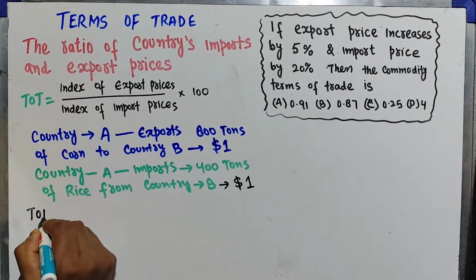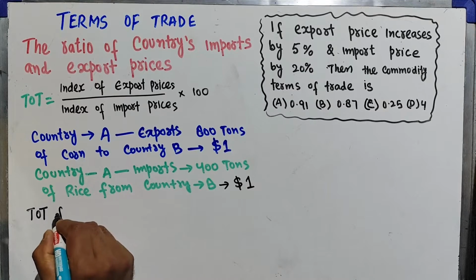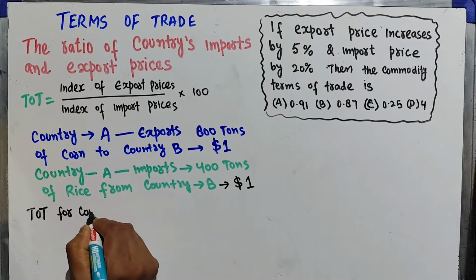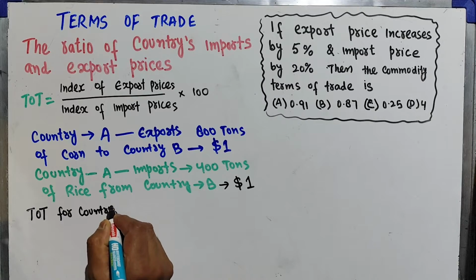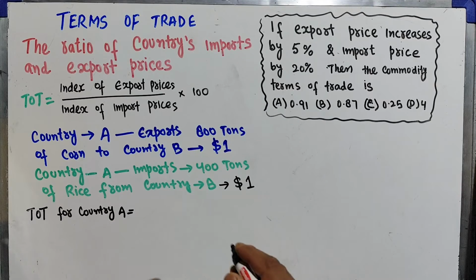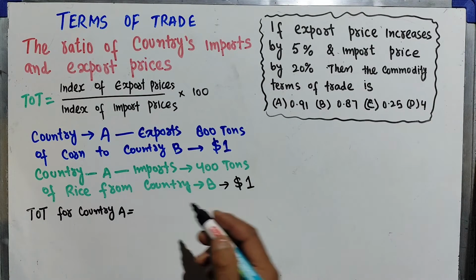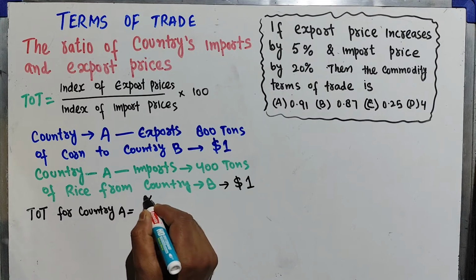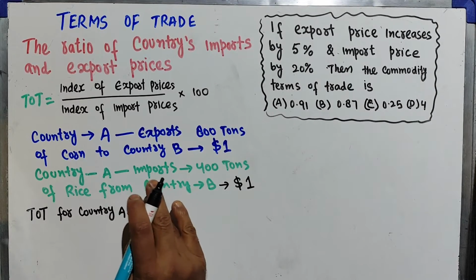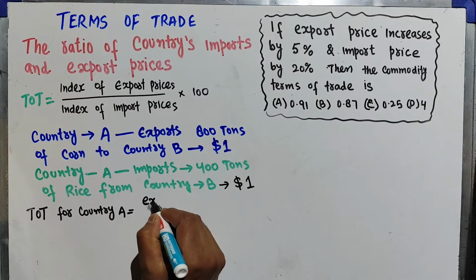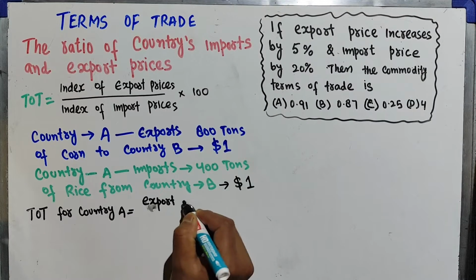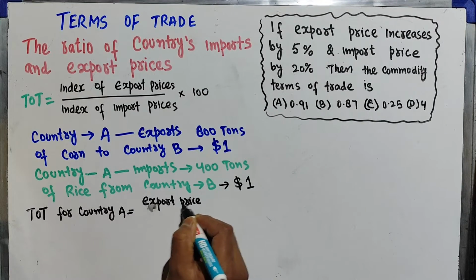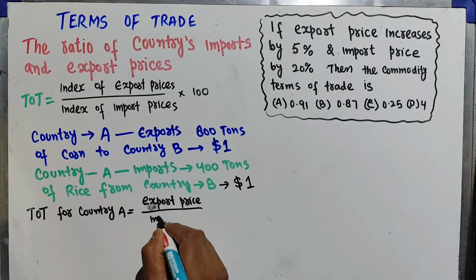The terms of trade for country A will be equal to export prices upon import prices